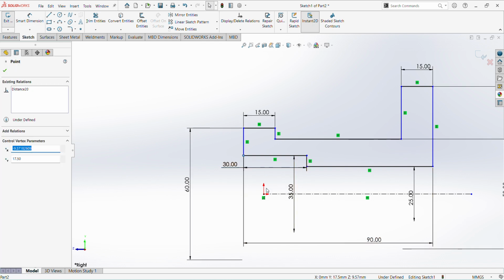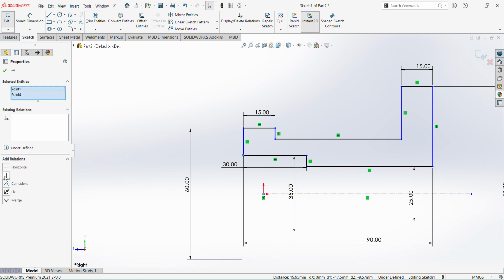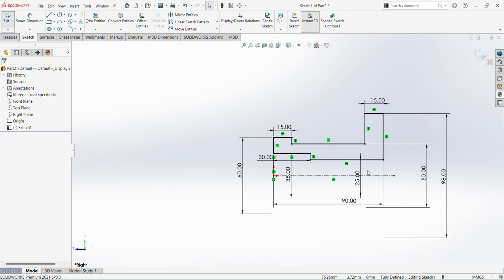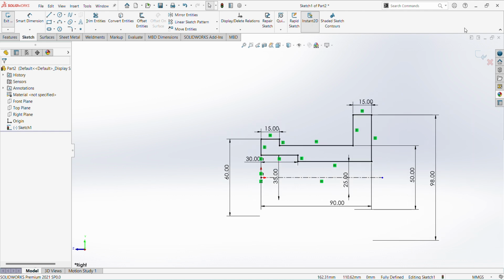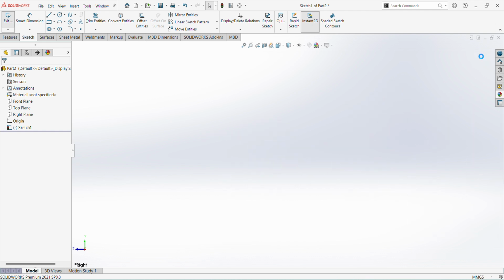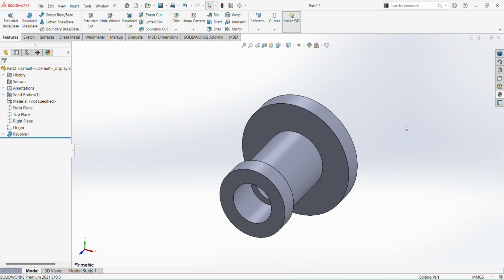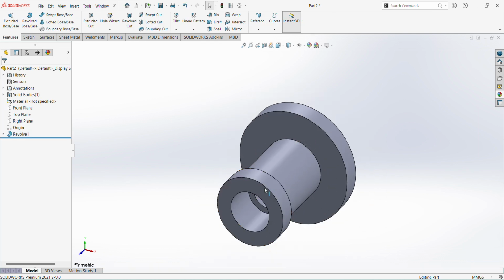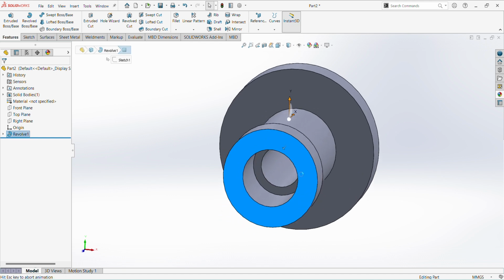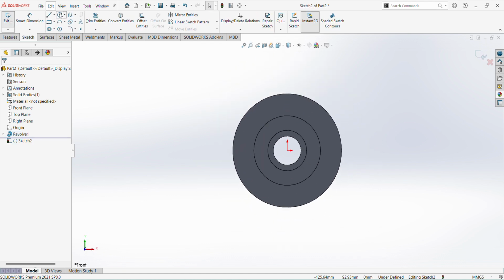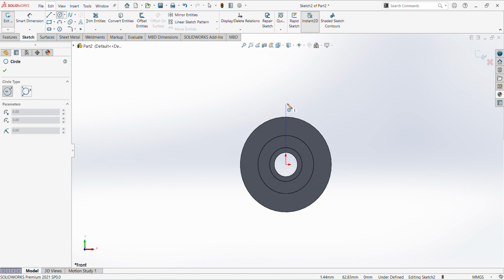Give the vertical constraint here. So now the sketch is fully constrained. Finish sketch. The revolve is okay. Next select this face, sketch, create two circles here and